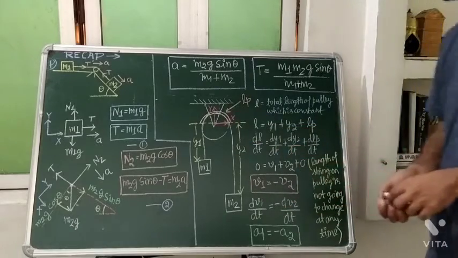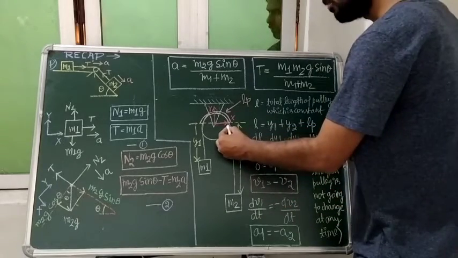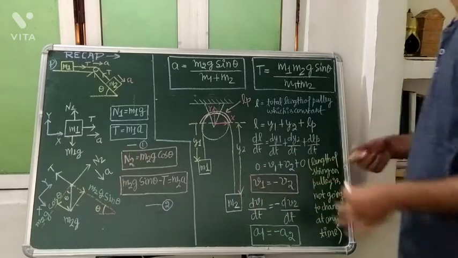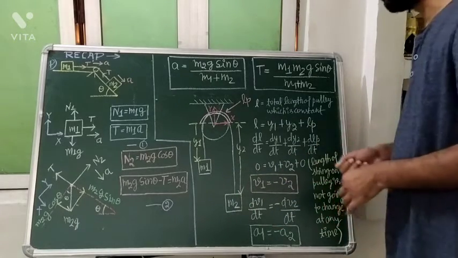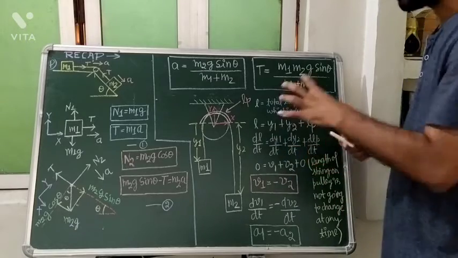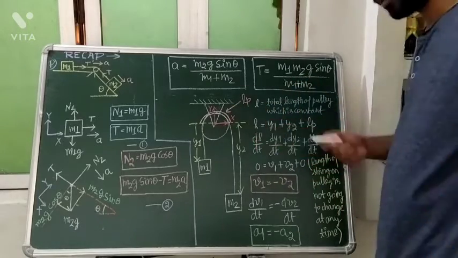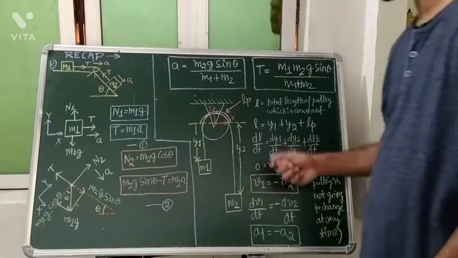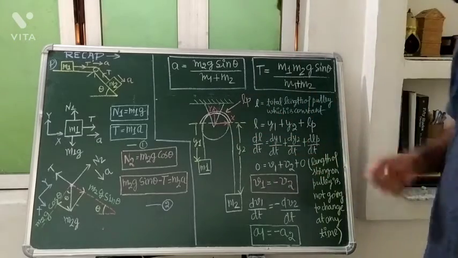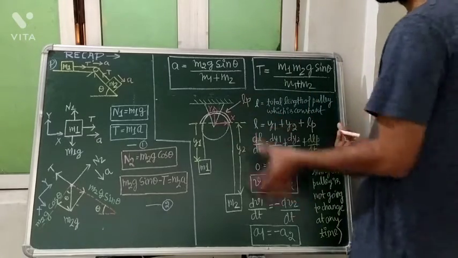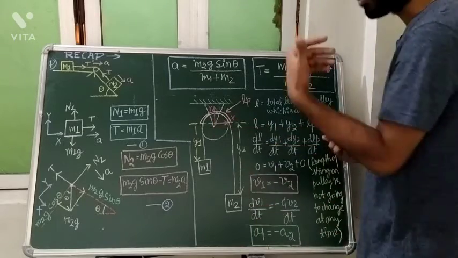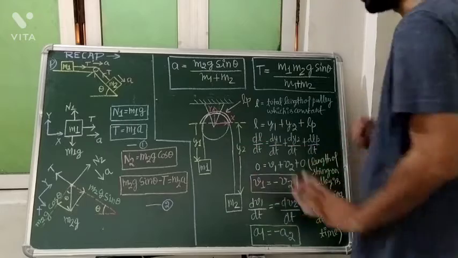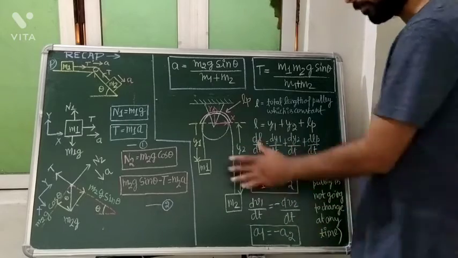If we are talking about a pulley which has mass and no slip is present there, it is holding the string, it is not slipping the string. Okay, so for that the tension at both ends will become different. So of course, student, right now we are not talking about any mass of the pulley, so tension will be the same, or forget about the tension, we want to know about the acceleration.